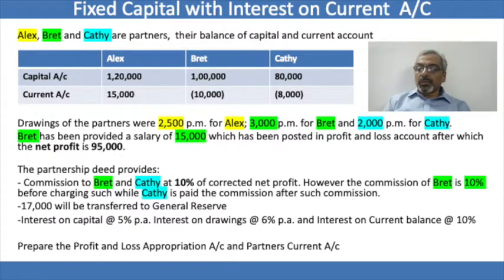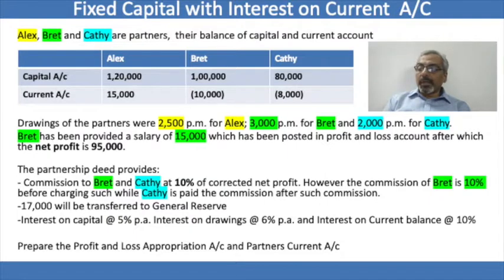Number one, commission to Brett and Kathy at 10% of the corrected net profit. This is the reason why the word corrected net profit has been used. I have just now explained to you that the corrected net profit will be 1,10,000. However, the commission of Brett is 10% before charging such commission and Kathy is paid the commission after charging such commission. You know how to do the concept of before and after charging such commission, which we'll see when we solve the sum. 17,000 will be transferred to general reserve and interest on capital will be provided at 5%,